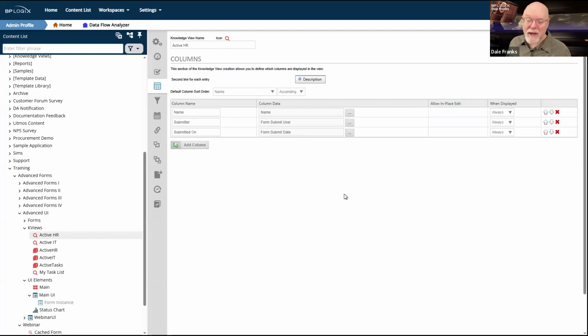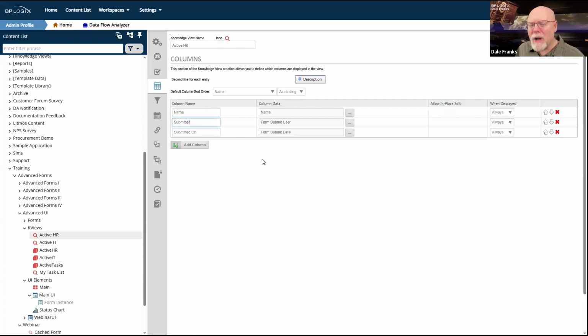I don't even think I need the form submit user except for the knowledge view. This is sort of the minimal amount of stuff. And I don't think, now that I've finished it, I actually need the form submit date. I may have been planning on doing something else and just never got around to it for lack of time. But I have the name of the object or the name of the form instance and the submitter.